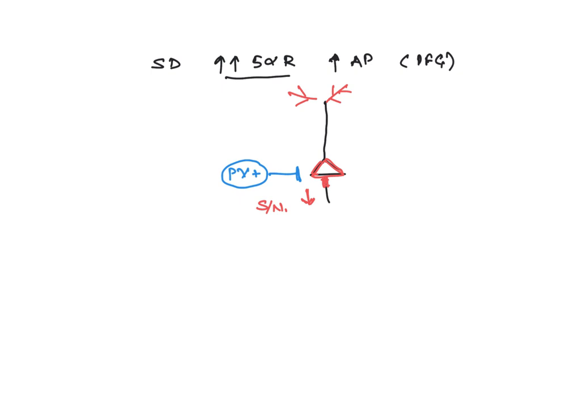Then you have another type of GABA interneuron called the somatostatin GABA interneuron. Now, this somatostatin GABA interneuron usually forms synapses with the dendrites. So it usually controls the inflow of information, right? So the main function of these GABA interneurons is to synchronize the firing of the pyramidal neurons.